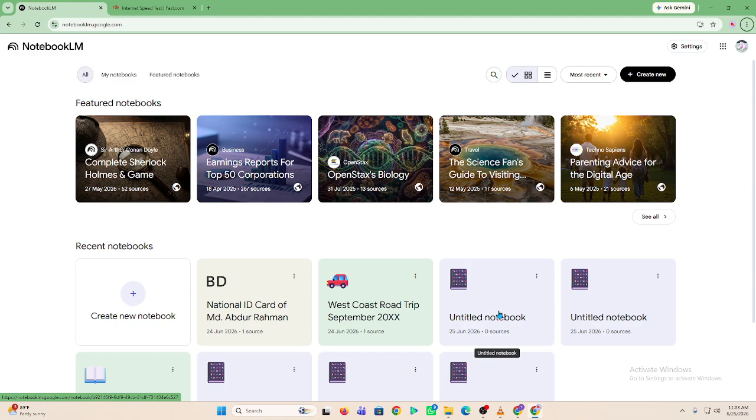Hey everyone, if you want to export notes from NotebookLM in 2026, you're in the right place. In this guide, I'll show you how to save and export your notes, summaries, and AI-generated content for use outside NotebookLM. Exporting notes allows you to back up your work, share research, continue editing in other applications, and keep important